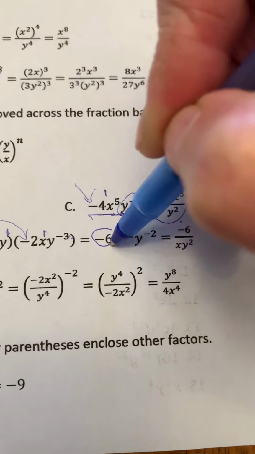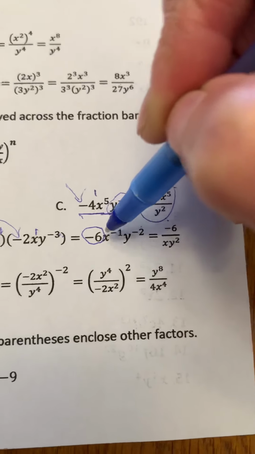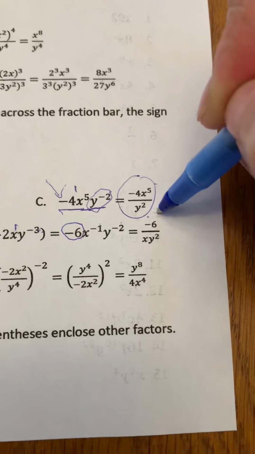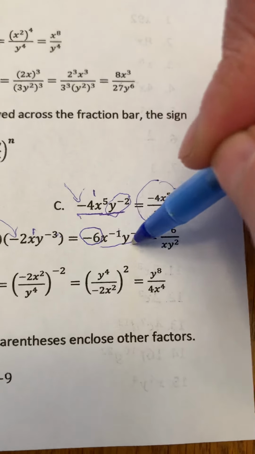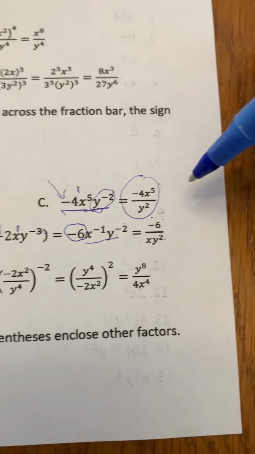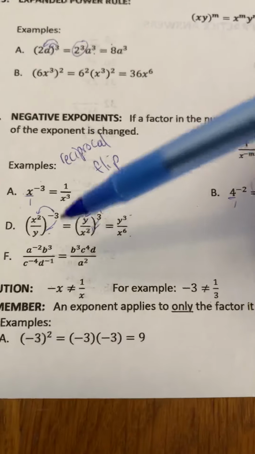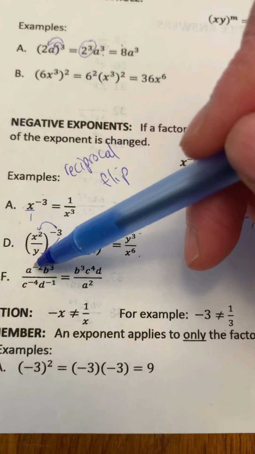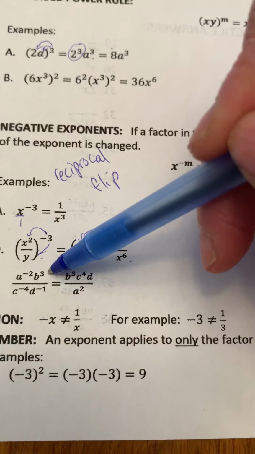Okay, this is okay. Remember that that is not considered part of the x to the negative 1. So the negative 6 would stay in the numerator, and we'd simply move this to its opposite location where its exponents become positive. Okay, and letter F here, we have a to the negative 2, b to the power of